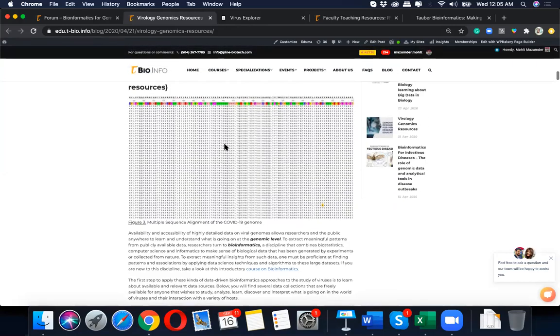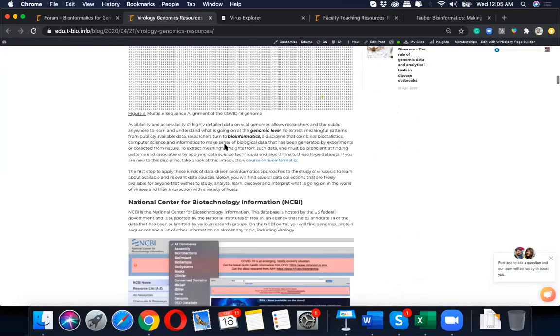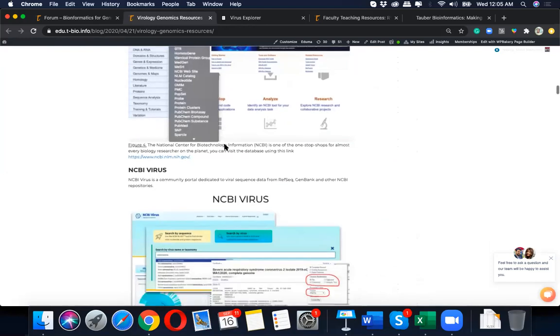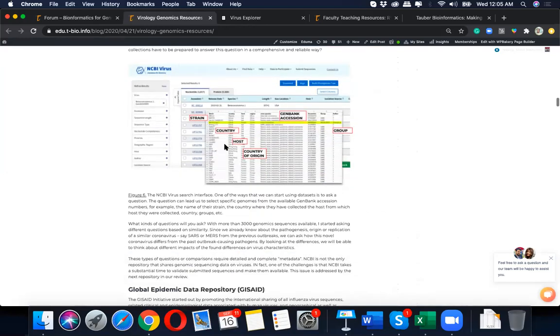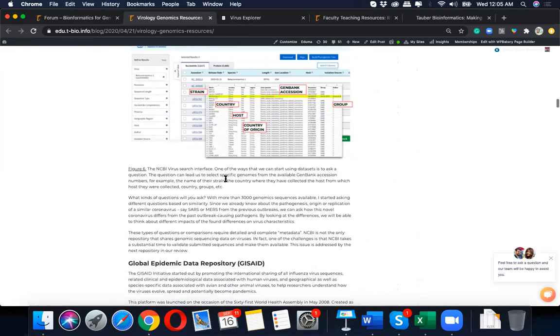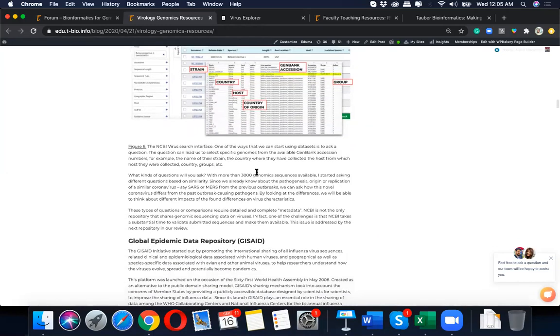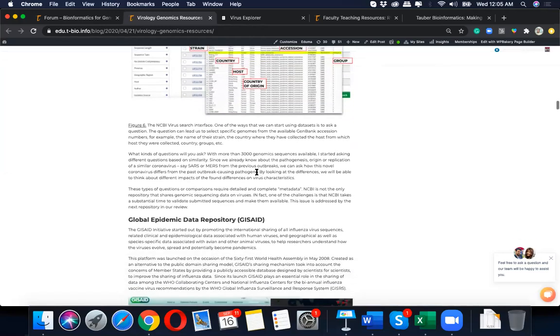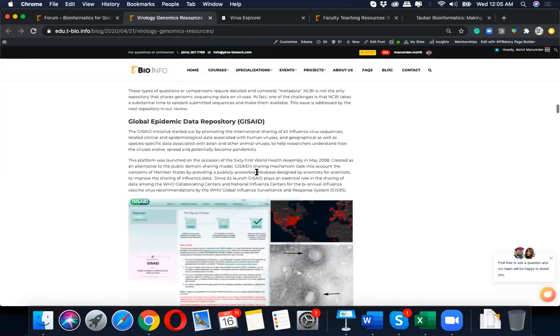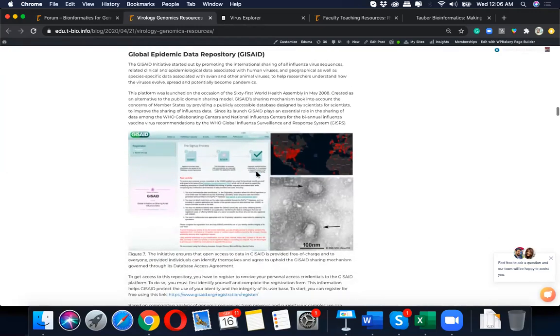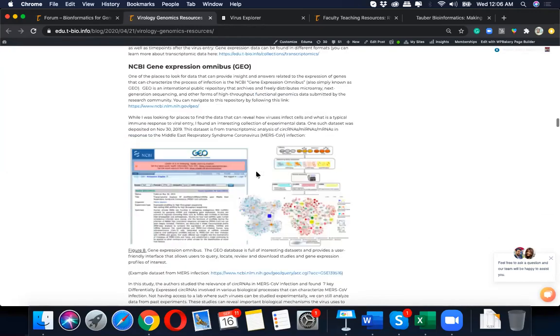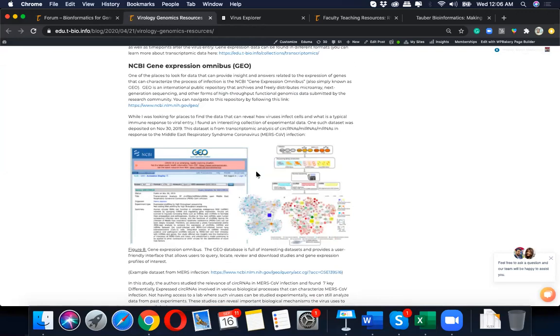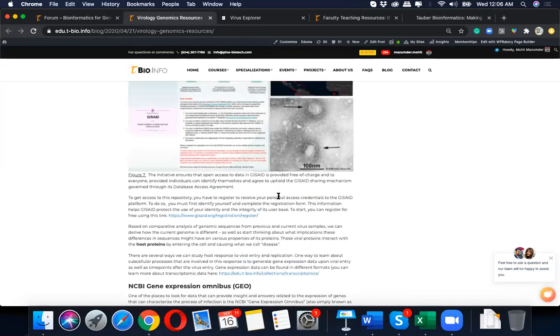But you can learn about the public repositories and resources in depth here, because everything is listed out and also described. It's not just listed out, it also describes where is what and where you can find things. So GISAID is a very popular repository. And then you will find the transcriptomics data. Here we are looking at the genomic data.